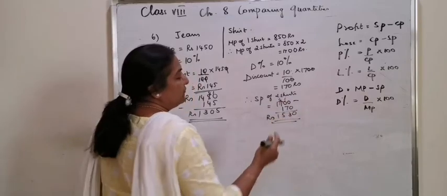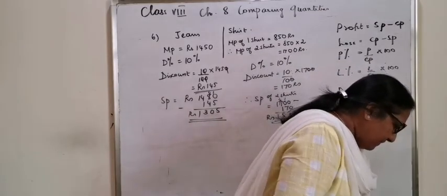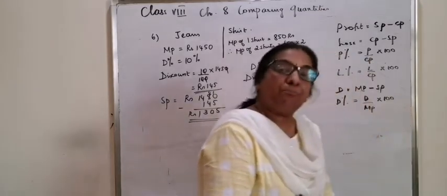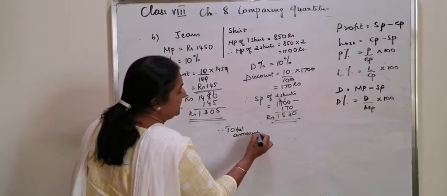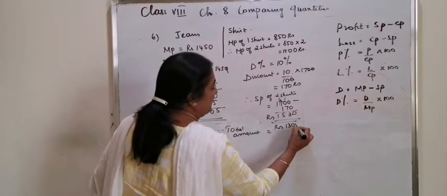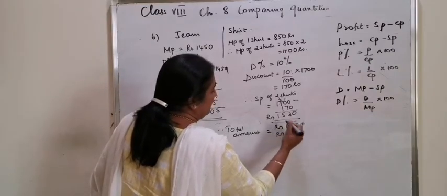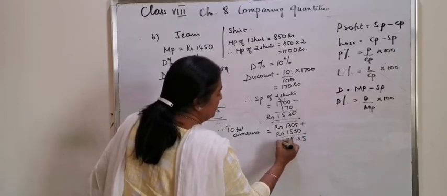It is available for 1530. The question is, what would the customer have to pay? What is the total amount? The total amount to be paid is equal to rupees 1305 plus rupees 1530, that is rupees